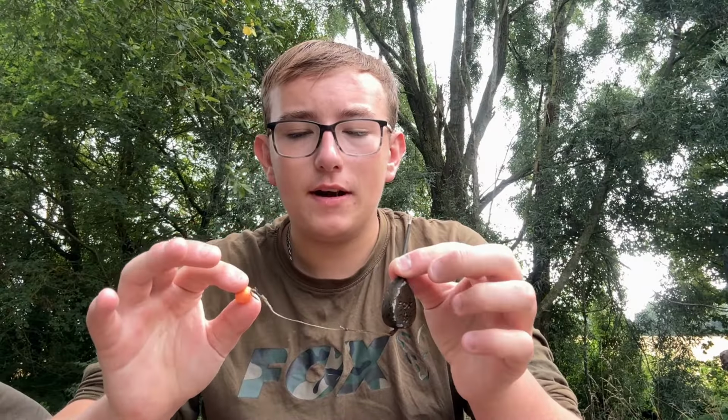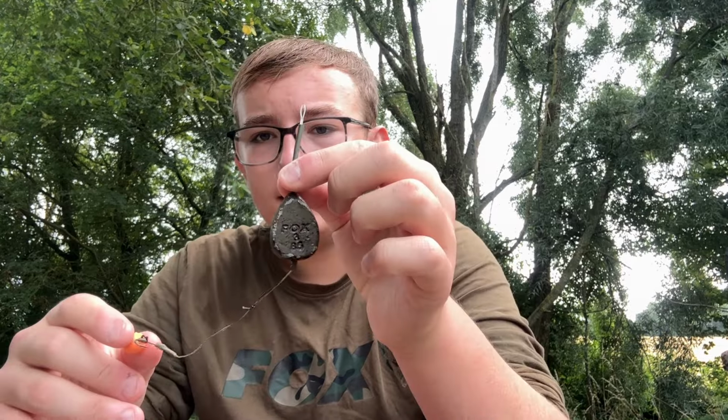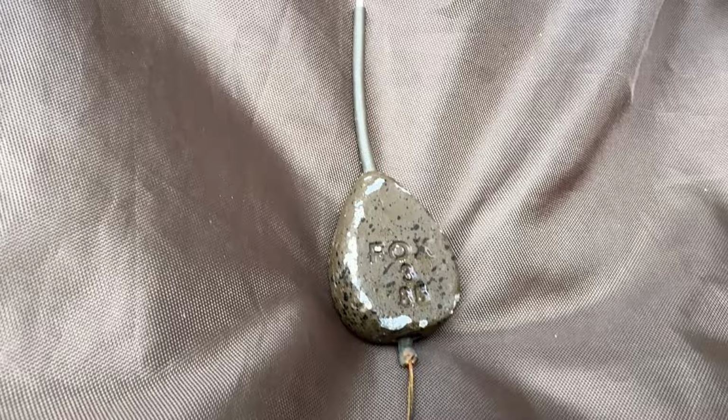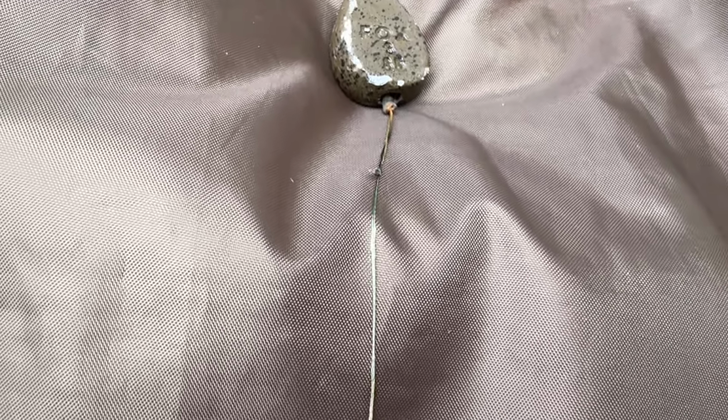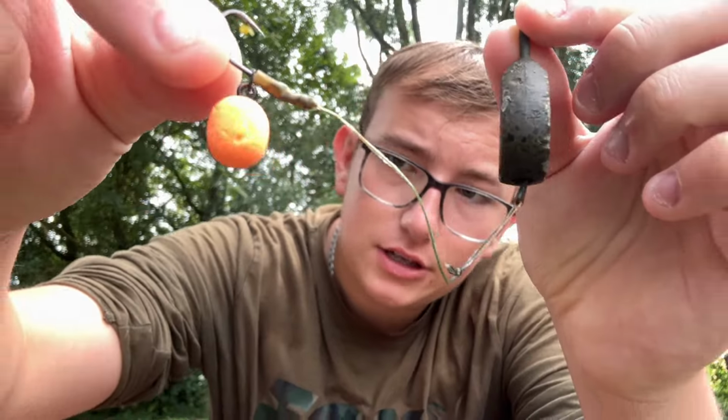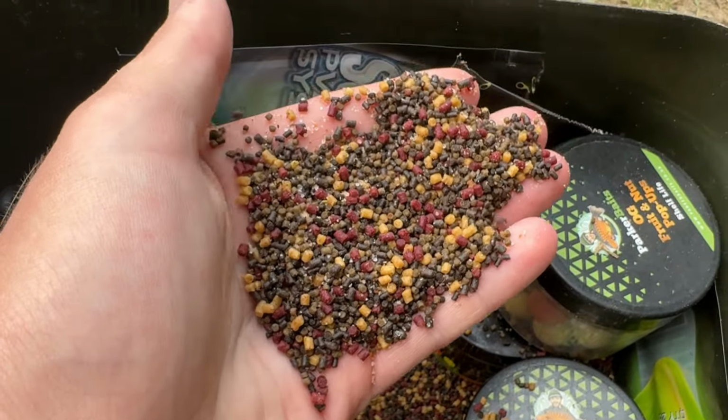Right-hand rod's on the money, left-hand rod's on the money. Let's make some solid bags. I thought I'd quickly run you through what rig and setup I'm actually using. So we've got a Gemini stem, a Fox lead, 3 ounce. We've got a soft braid solid bag rig, coming down to a 1/4 medium hook clip, an ESP hook, and obviously an orange magic bean. Now, this session I'm using the 1/4 solid bags, they're extra small, and obviously the pellet I'm using is mini mix pellet. So I'm going to make this bag up and another 3, and I'm going to get the rod